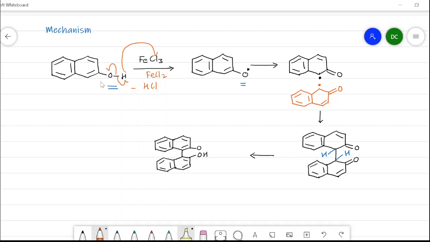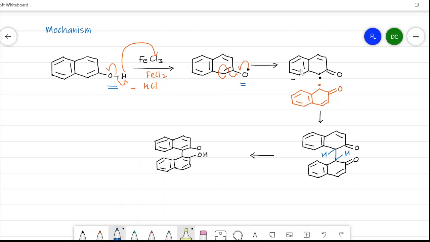Now this free radical that I have written here contains a single electron on the oxygen, and this will shift one electron to this bond, and a pi bond is broken. One electron is shifted here, and the second electron present in this pi bond will shift onto the carbon, so that this free radical is converted into this type of radical. So one molecule gives this type of radical. We are using two molecules of beta-naphthol, so the second molecule also forms this type of radical.